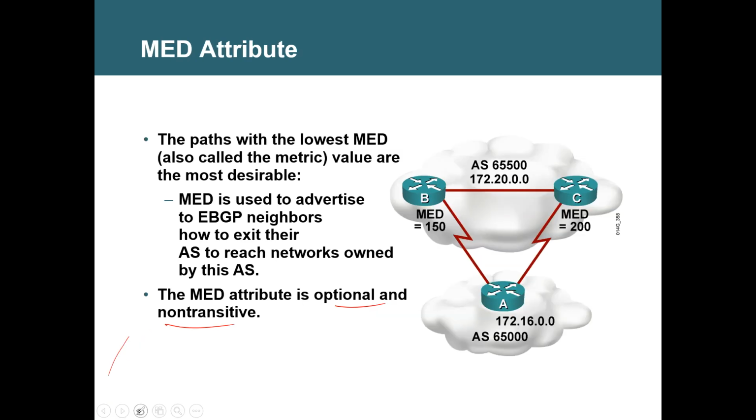Do you have any question on MED? What about others? Sir, MED we configure only on the ISP side, or the B, you mean ISP, right? B and C may be the ISP, or your partner autonomous system. Yeah, mostly it is the ISP. Yes. But we need to configure only one neighbor, right?